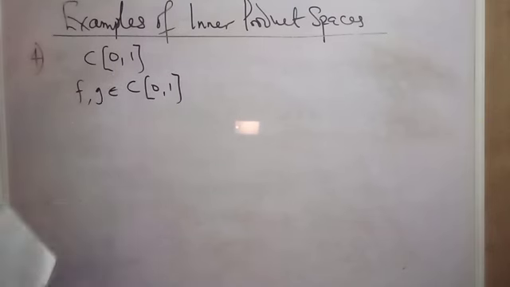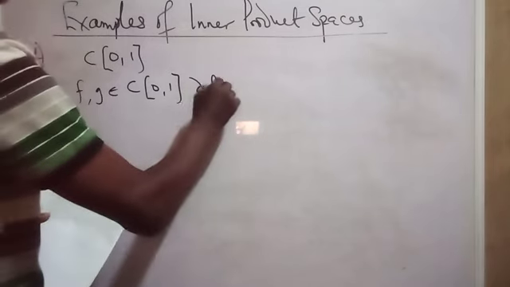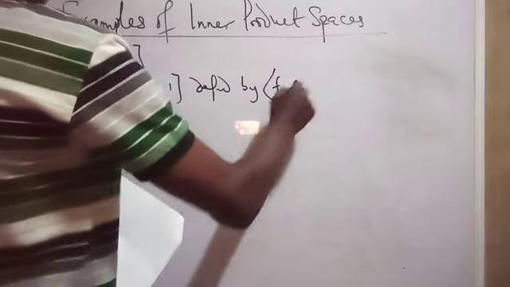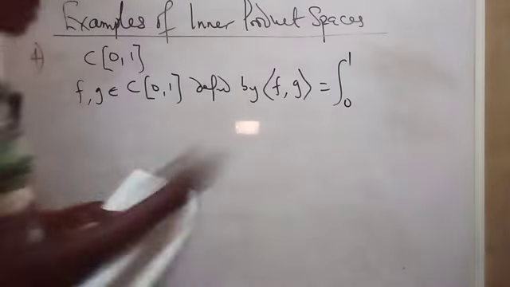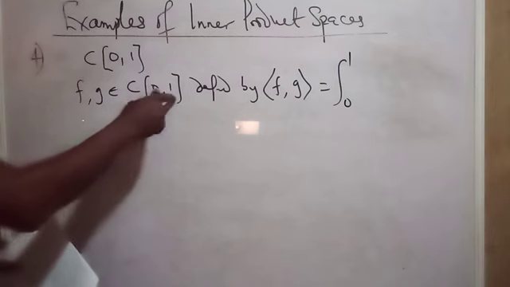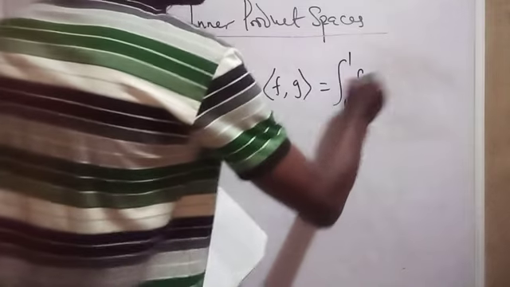F and g are functions. And how do we define the space? The space is defined by the inner product of f and g, which is equal to the integral running from 0 to 1, because the limit is between 0 and 1. It's a bounded interval. So f of t, g of t, but you put a bar on g of t